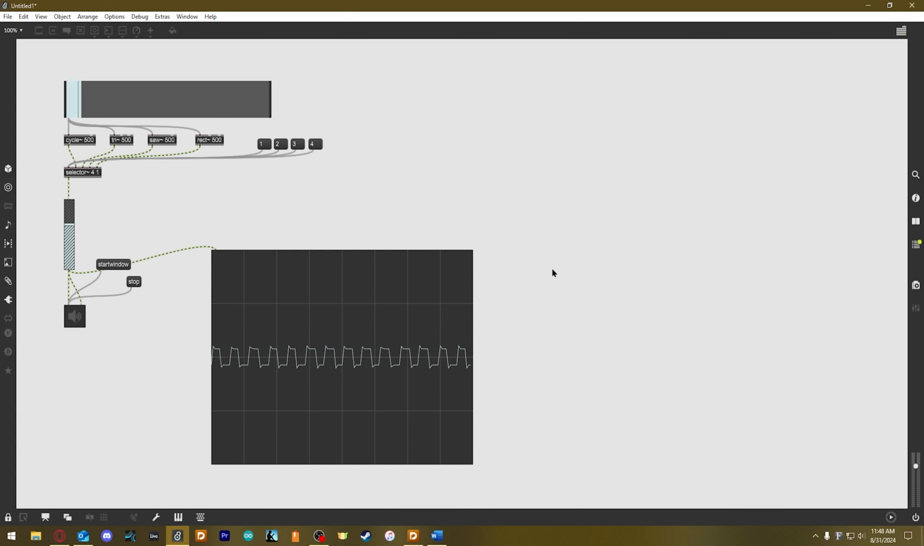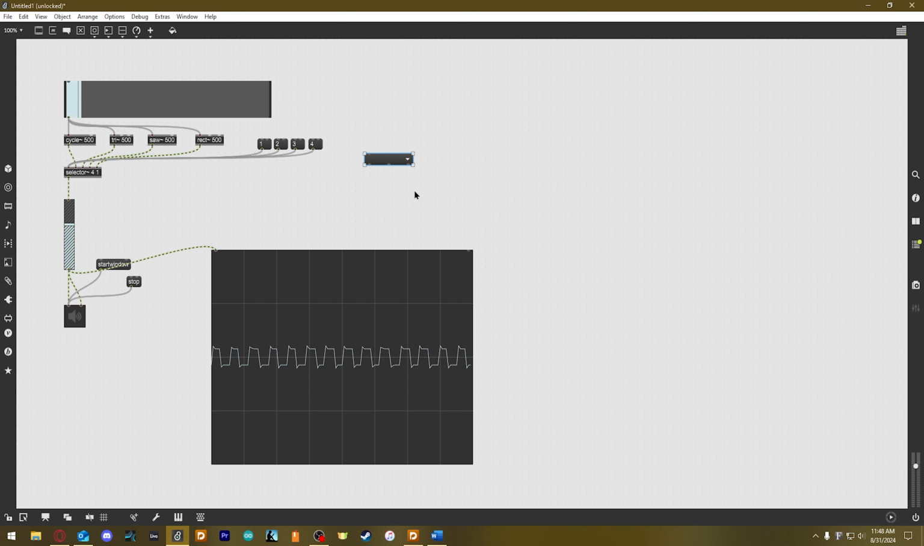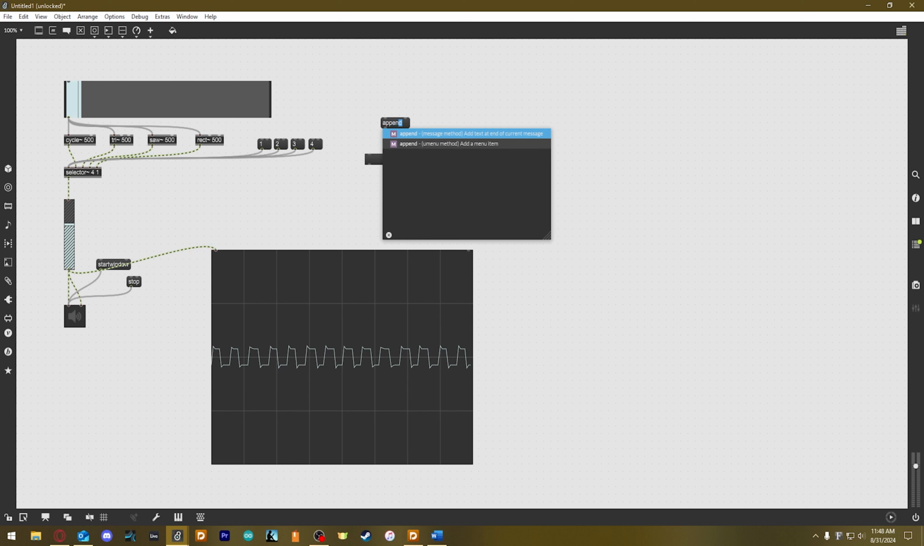Okay, so at that point we've got the selector object, and we can explore a few different ways to play around with that. I do want to point out one thing that'll probably make your life a little easier, and that is if we make a new object called a umenu. It's a pop-up menu. And we'll stick that there, and I'm just going to make a single message box that says append